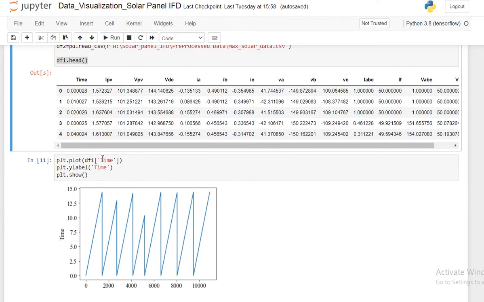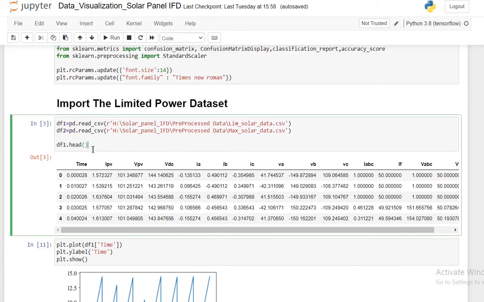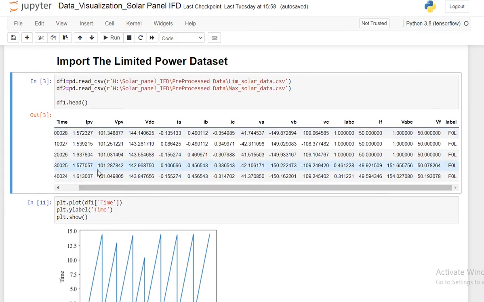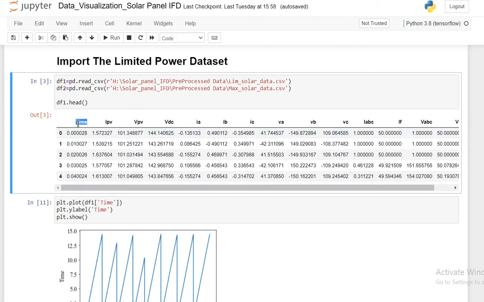Pretty cool. And there is one important thing I would like to say here: among all the features, I'm not going to consider time as one of my input variables. This might seem weird because time is always a good indicator when you are doing fault diagnosis, but in this case it's not, because all these faults are introduced artificially.